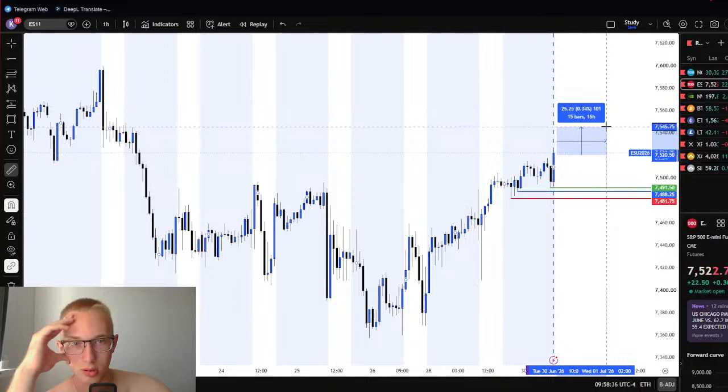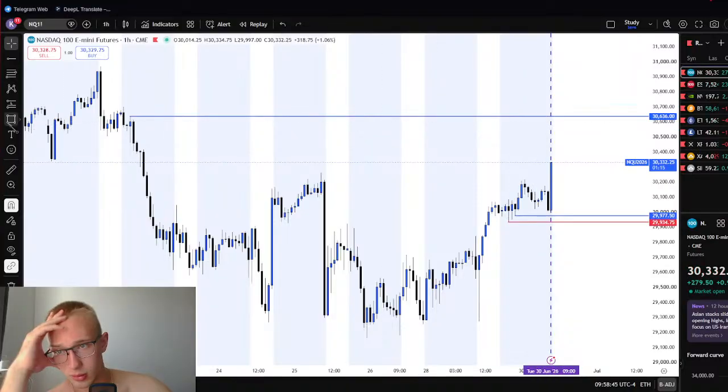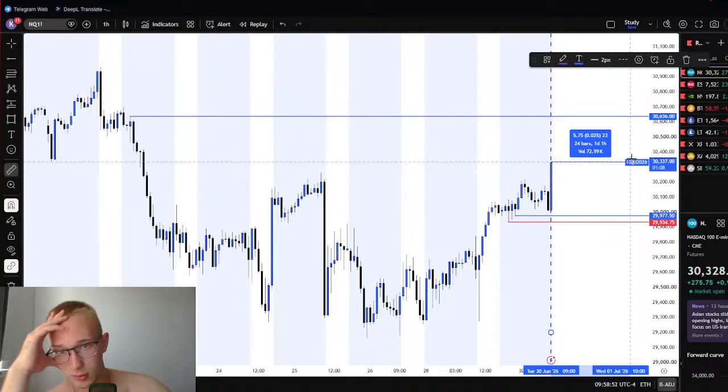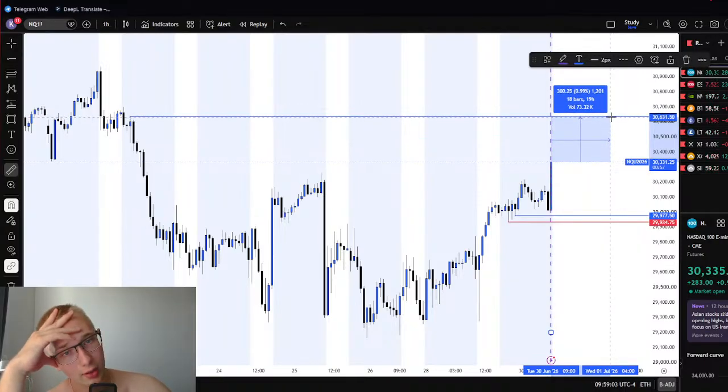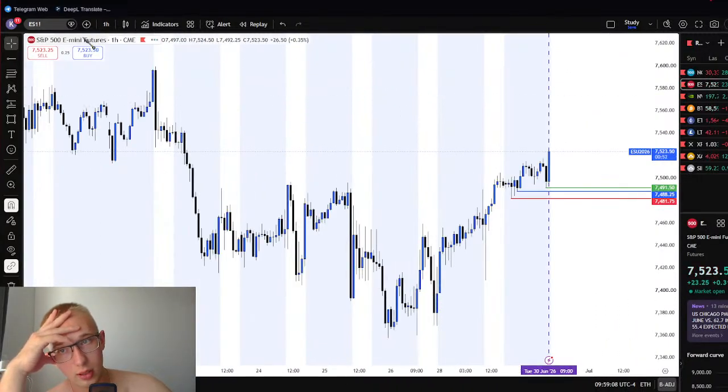Freaking 100 ticks on ES. Not really too much, by the way, but on MK though it is much worse. It is kind of 1,300. Yeah, 1,212 ticks till we reach those. It's too much. I think 1,000 ticks.